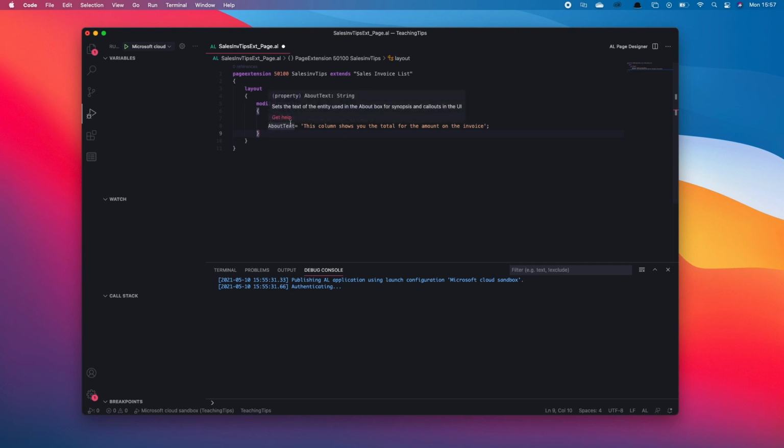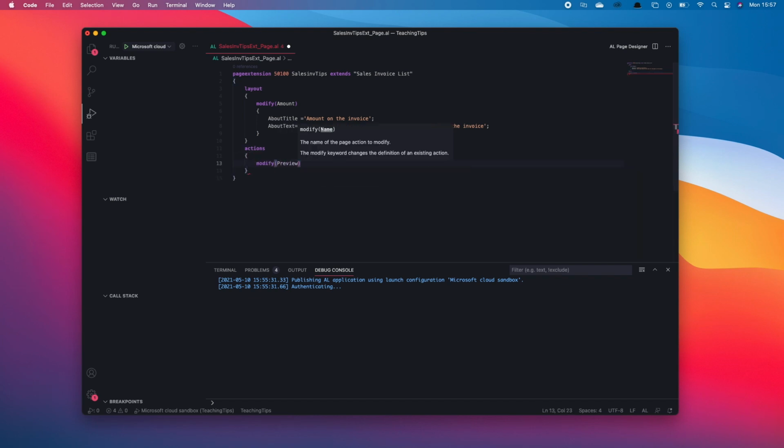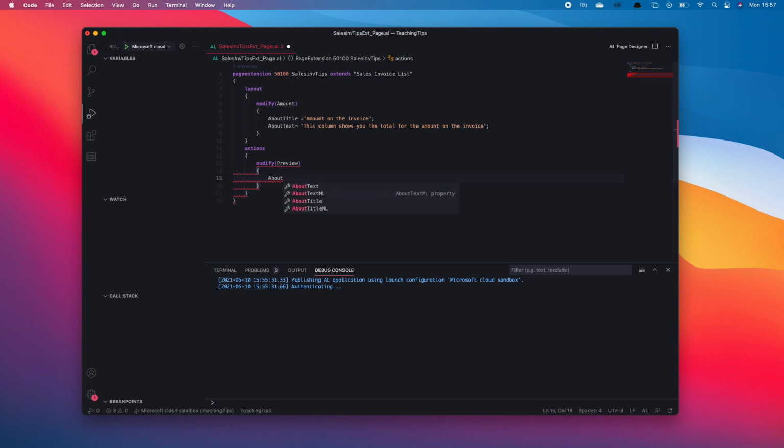Now the other thing we can do as well is modify actions. As we saw, there are actions on posting of the sales invoice and stuff like that, so let's modify an action as well, and we'll use the posting preview. I think it's under actions, so I need to do modify and preview. Yeah, preview, and then exactly the same way I'll do about title,